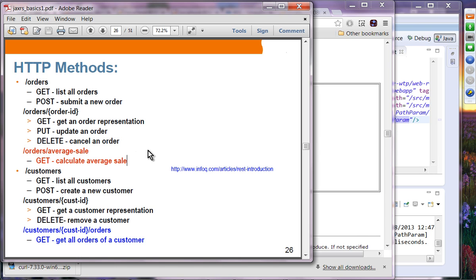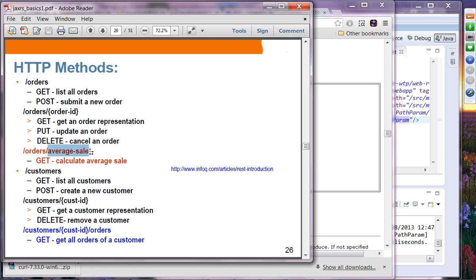Okay, I think one of the questions that was asked when we talked about the RESTful services overview was: can we handle multiple records, or can we handle some kind of business logic? What we have done so far is handling CRUD-based operations: create, read, update, and delete. Most applications can in fact be written in the form of CRUD-based operations. However, there could be some business logic that you want to expose that is not really a CRUD-based operation. In that case, all you have to do is to provide